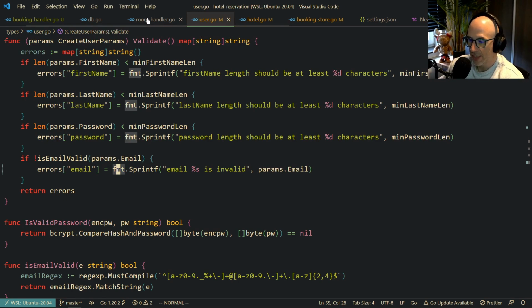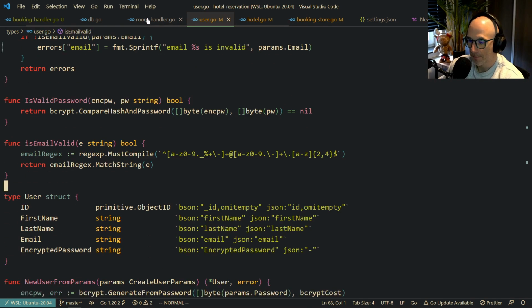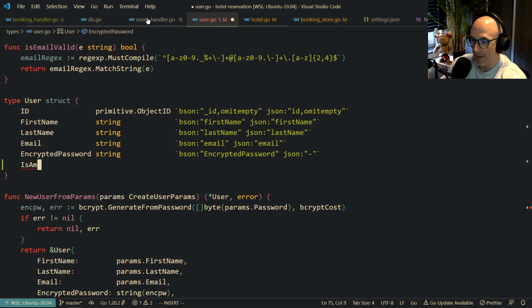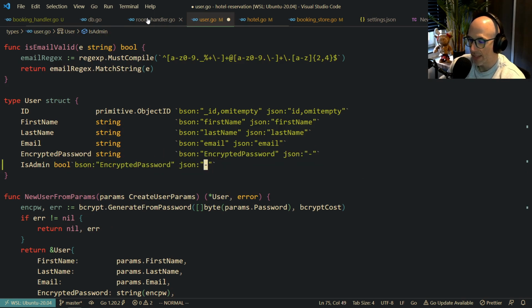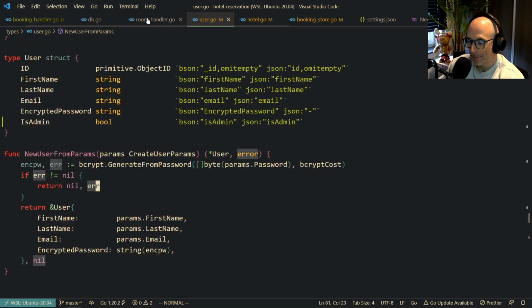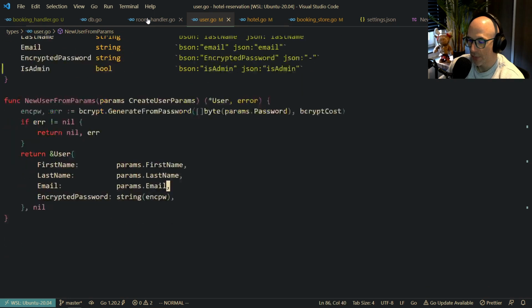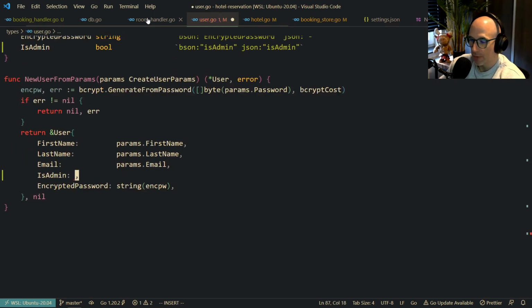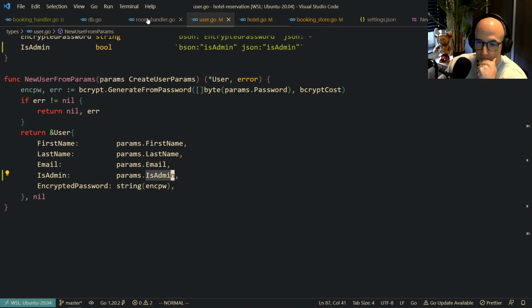The next thing is this user. We're going to say is admin. That's going to be a bool, and we are going to store that in our DB, right? So we're going to paste that in. We're going to say is admin, the same thing. Just like that. New user from params is this. We're also going to say is admin is going to be params.IsAdmin. Of course,